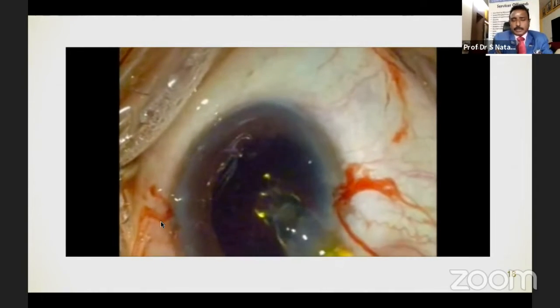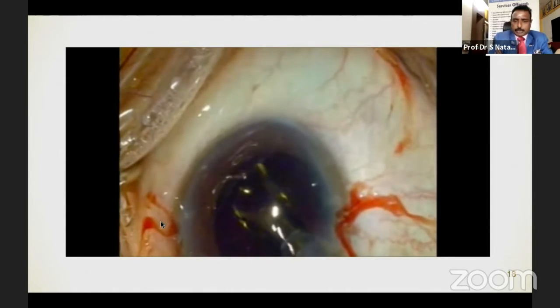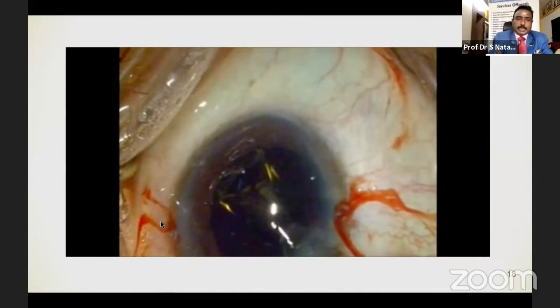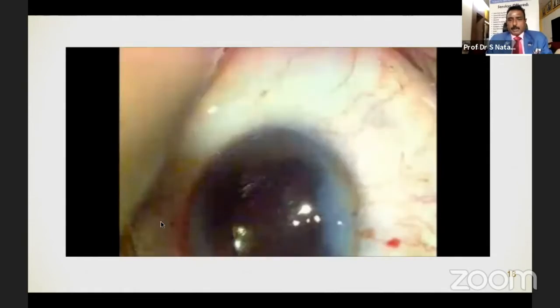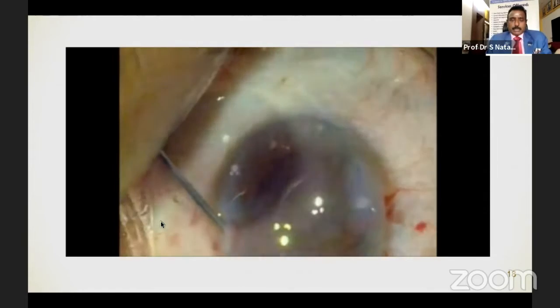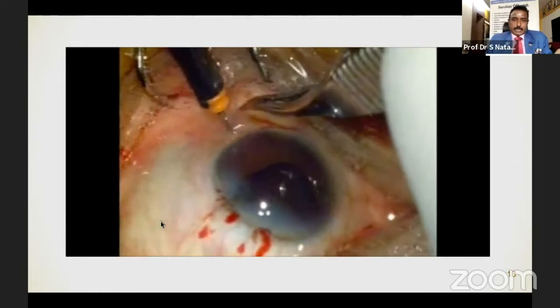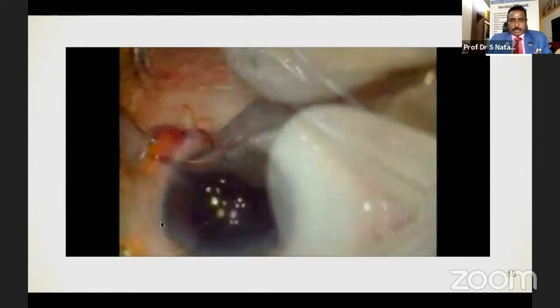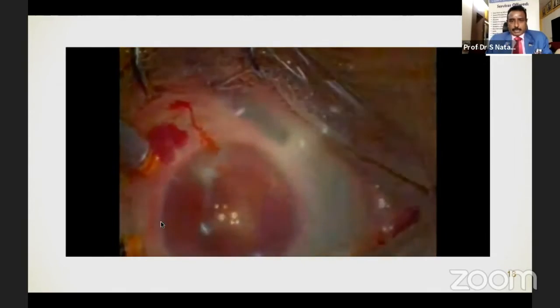And the advantage of using the 3D is that a surgeon like Kavita Rao sometimes doesn't want to use the 3D, but she uses the binoculars and the microscope, because you can have the binoculars up when you're not using the 3D, but the recording will be in 3D. And now I take over and make a 23 gauge entry and do a 3-port pars plana vitrectomy after the lens is in place. And then I do the anterior vitrectomy, posterior vitrectomy, and then clear the vitreous hemorrhage,